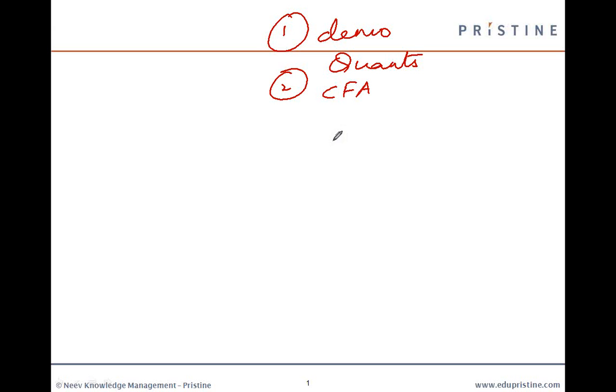the names of various career counselors from Pristine, and you can always talk to them, or interact with them in detail. You can tell them your background and get further details about how CFA is going to help you, whether you're going to get the CFA charter or not. Once again, believe me, this methodology works because it's humanly difficult for me to answer questions of each of the 63 of you, based on your background and things like that. But definitely I'll give you some idea about what CFA is and what you can expect from doing CFA.